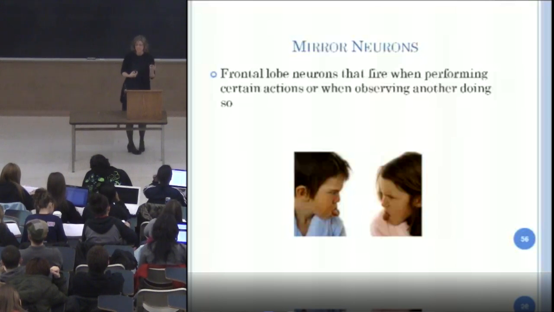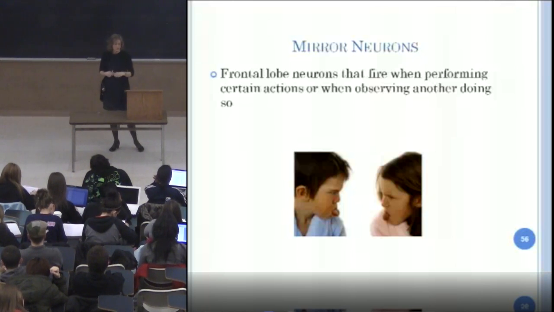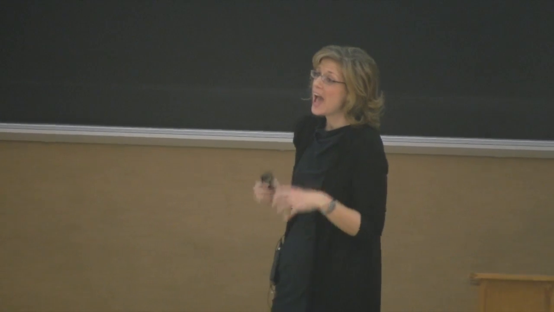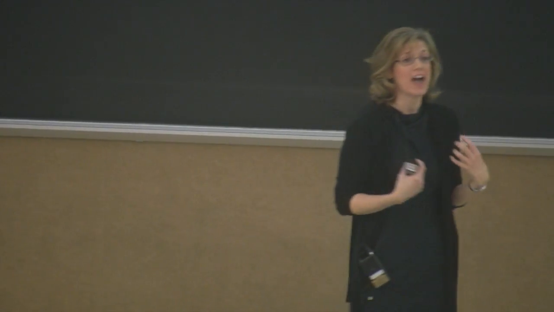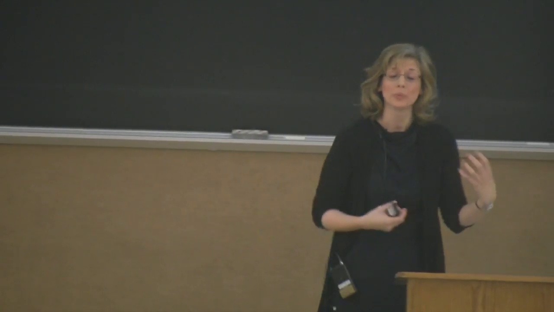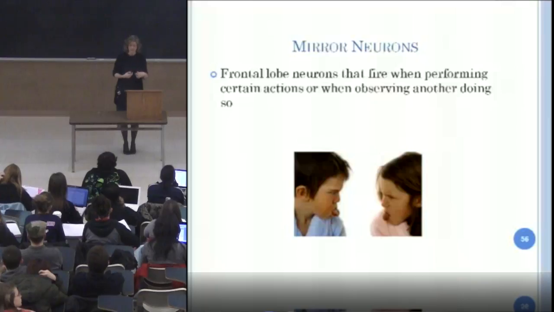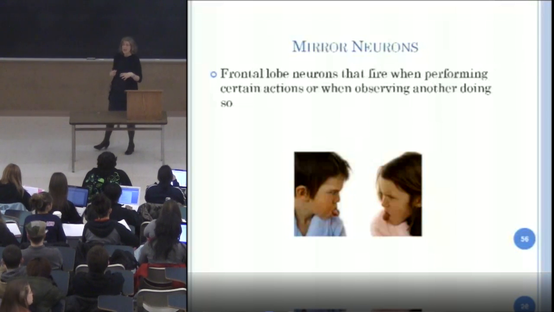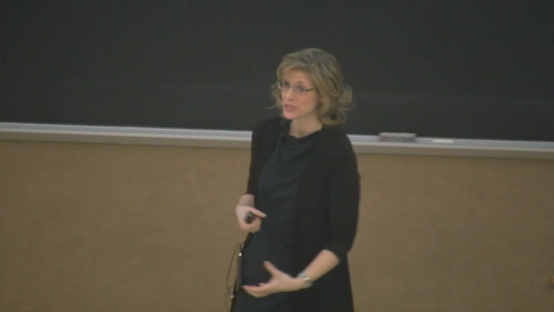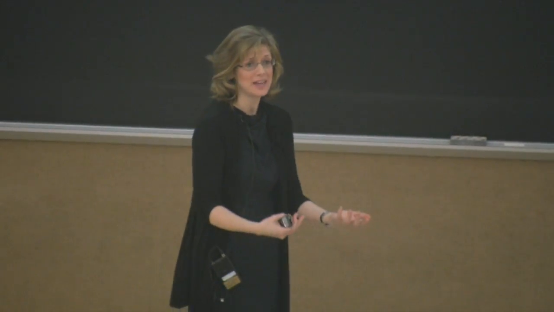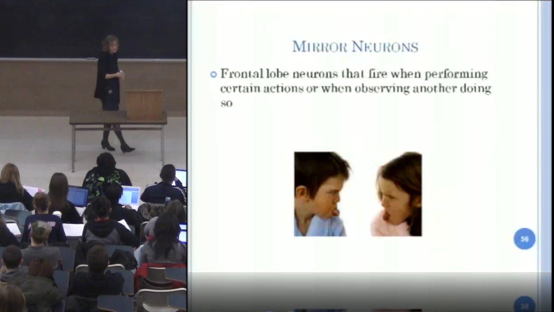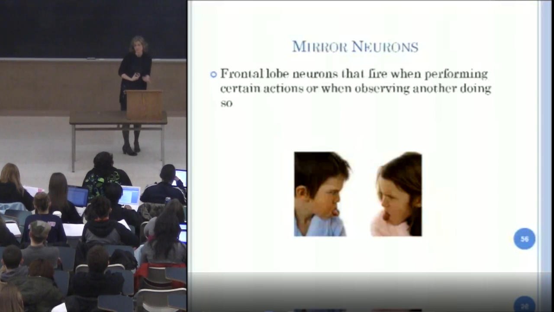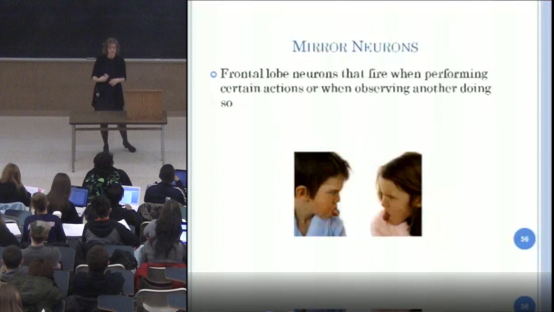And brain imaging techniques have, again, identified similar mirror neurons in humans. So humans have these mirror neurons, which are firing when we're doing some sort of action or when we are just observing someone else doing the same action. So it's thought that these mirror neurons may, in a sense, allow us to step into someone else's shoes and experience their world. They may, in fact, be the basis for empathy, for being able to take someone else's viewpoint.